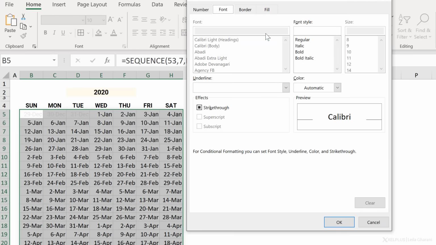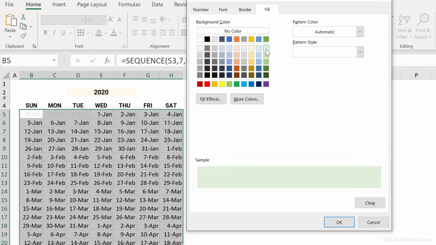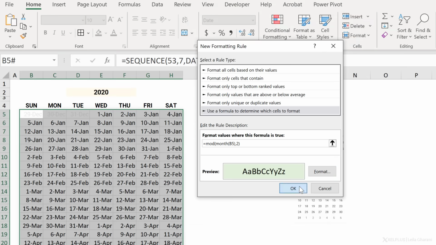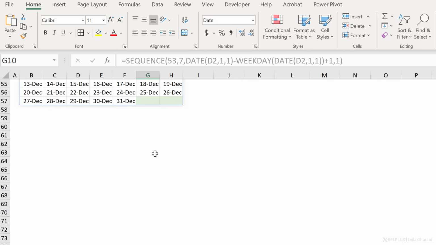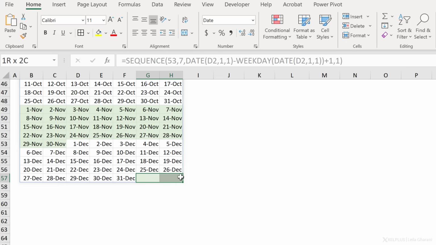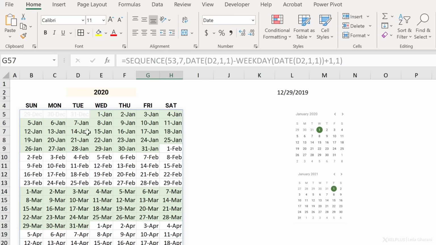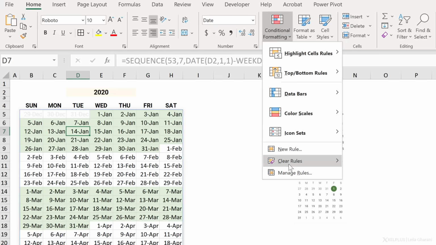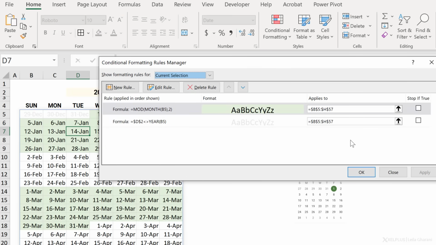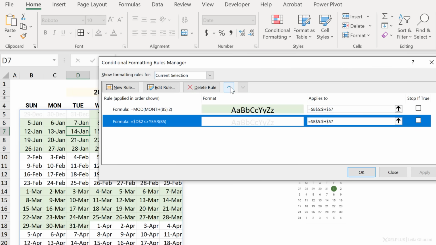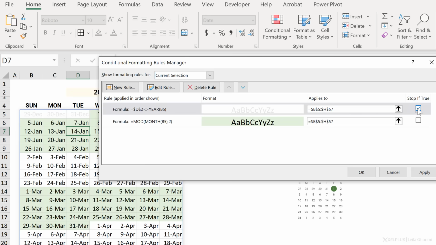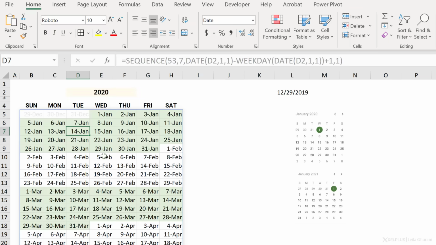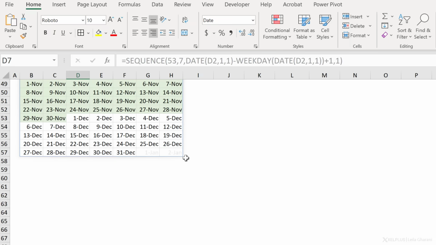Now let's go ahead to format, go to the fill color, highlight these in a different color, click on OK, OK, and we have our formatting automatically applied. Now, if we don't want the formatting to be applied here, what we can do is update our conditional formatting rules. So let's go to Manage Rules. Let's just change the order of this. We want the gray part to be first, and then if it's true, we want the rule to stop. So we don't want this one to run anymore. Let's click on OK. Now this part should disappear.